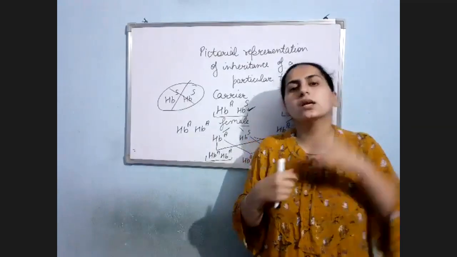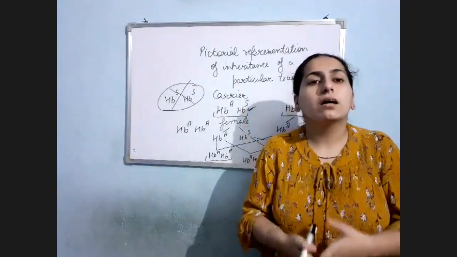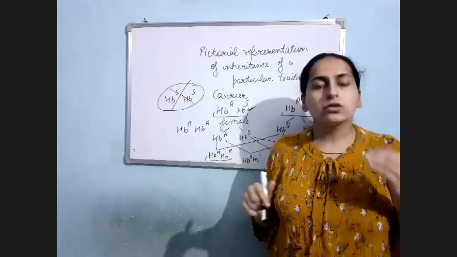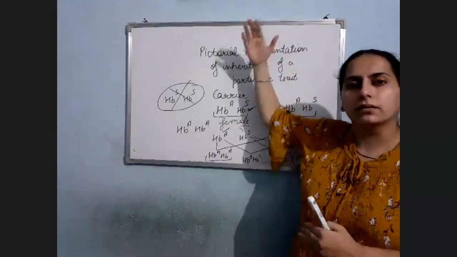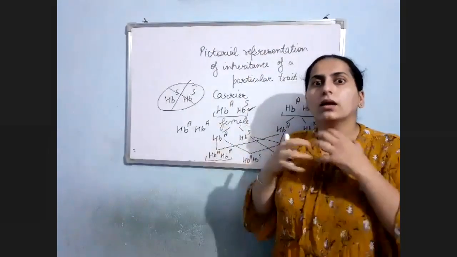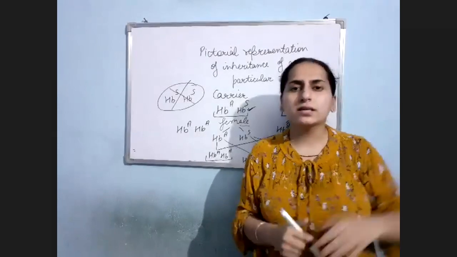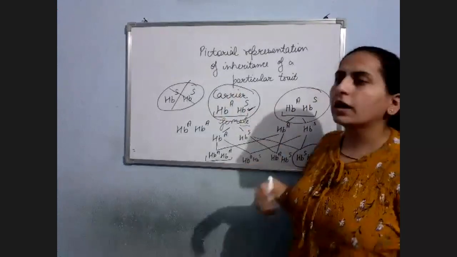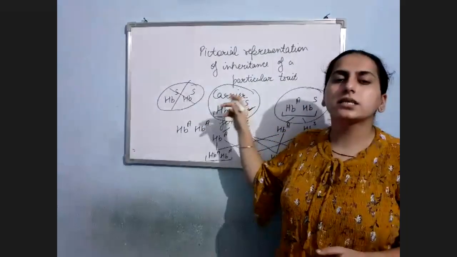Now the parents would think that neither the mother has sickle cell anemia nor the father. Where did this disease come from in the baby? Why? Because they were the carriers and they were not aware of this. So in pedigree, if we see an affected baby here, we see the family. What was the genotype of the family? Am I clear? So how is the pedigree useful? If before marriage, obviously it is not done in India, but if before marriage this female and this male had undergone pedigree, if they had done their genotypic analysis, they would have known that she is a carrier and he is a carrier.